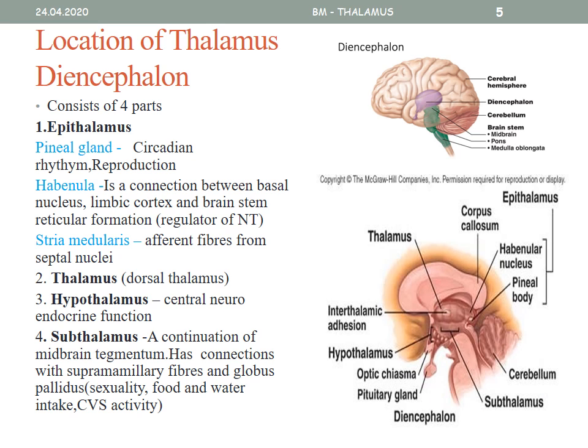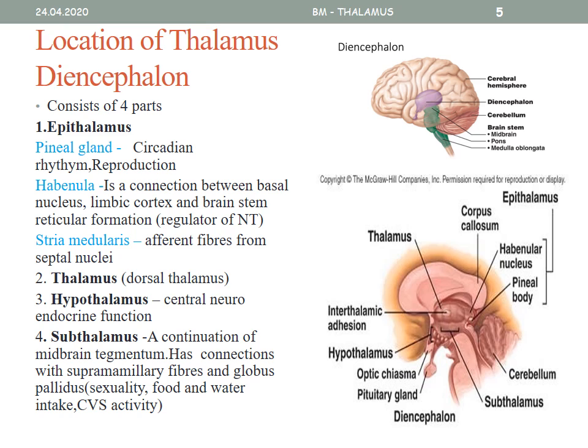Where is thalamus located? Thalamus is located in the core of the cortical white matter. That part where it is present is called the diencephalon. Diencephalon is a part of forebrain. It is the posterior part of the forebrain. These are the structures which are present on either side of the third ventricle. The diencephalon actually consists of 4 parts. One is epithalamus, 2 is thalamus, which is also called dorsal thalamus, 3 is hypothalamus and 4 is subthalamus.